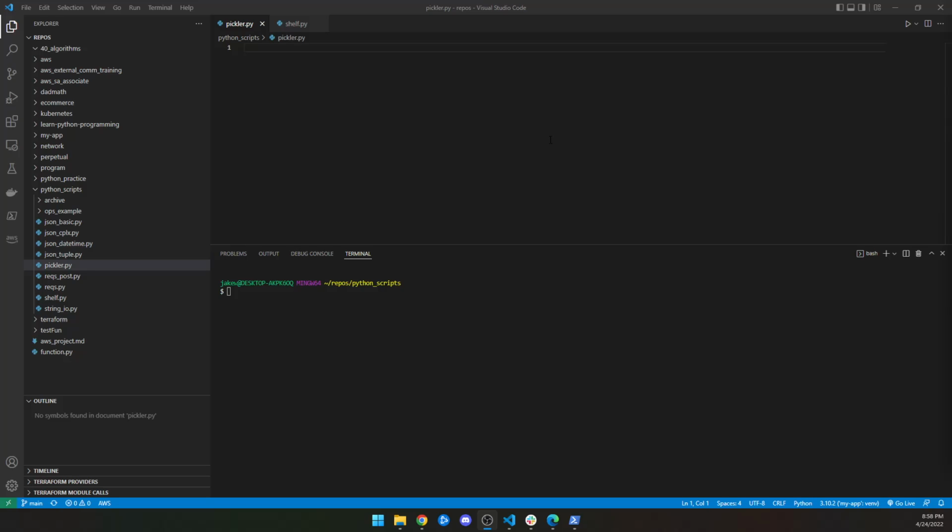So let's talk about serializing data with Pickle. The Pickle module from the Python standard library offers tools to convert Python objects into byte streams and vice versa. Even though there's a partial overlap in the API that Pickle and JSON expose, the two are quite different. JSON is a text format. It's very human readable, language independent, and supports only a restricted subset of Python data types, whereas the Pickle module is not human readable. It translates to bytes and is Python specific, but it does support a large number of data